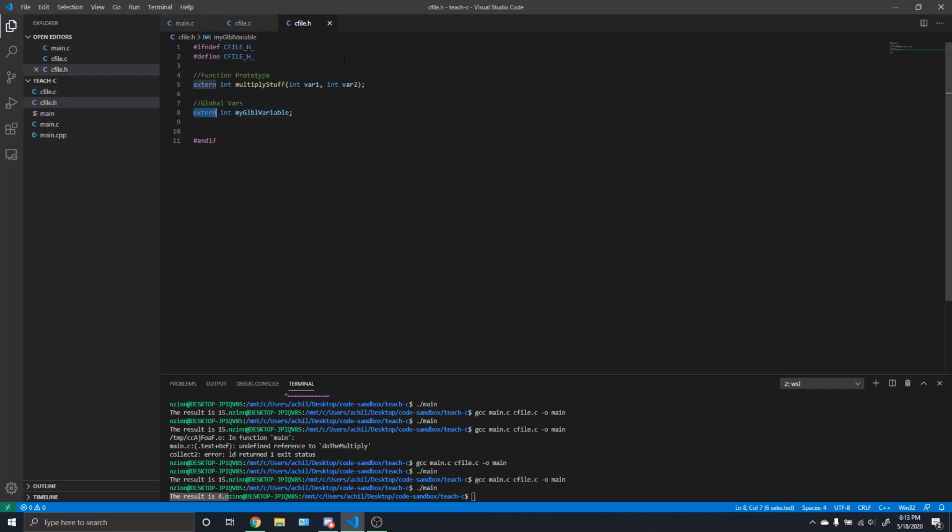What if we didn't have extern? So this is where it gets kind of confusing. So now every source file, every translation unit that includes this cfile.h, it no longer has extern in front. So that means that when it's actually, this variable is created. So when we